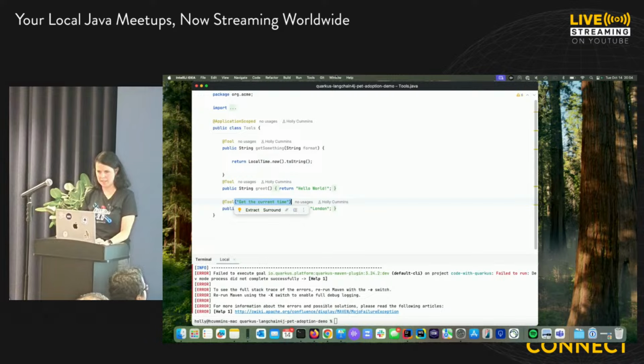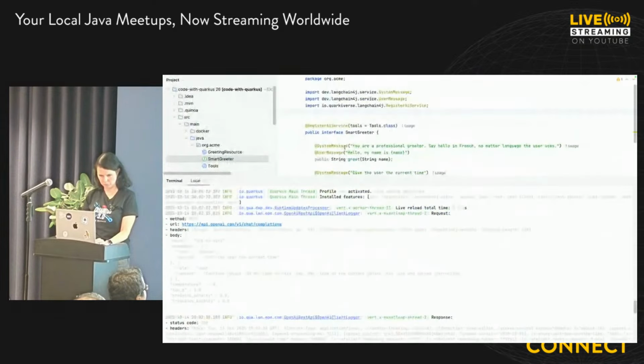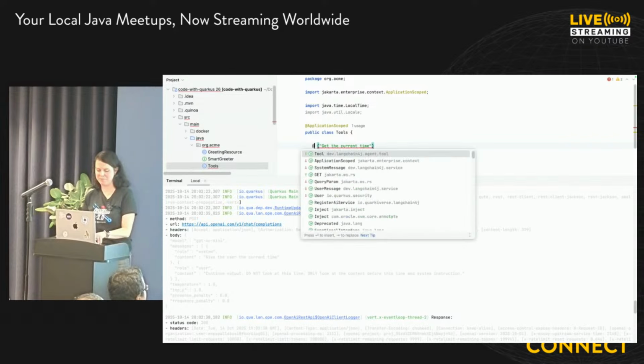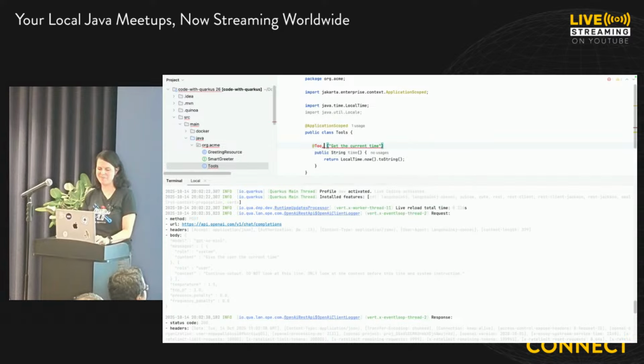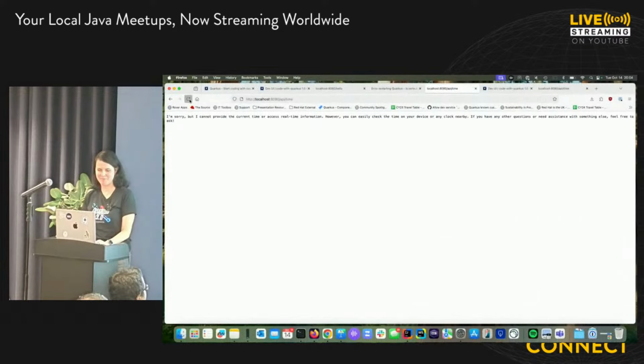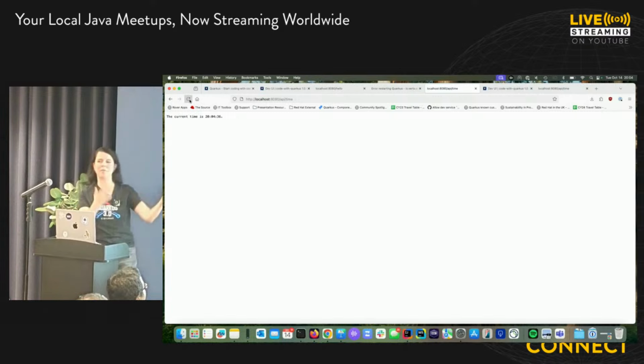No, let's go back and have a look. Oh, did I completely forget the tool annotation? Oh, I completely forgot the tool annotation. Thank you. Yeah, so you don't need the description. Obviously, sometimes it's useful, but it will figure it out. But with that, it will now say, hey, I've got some tools for you. Now, it can give me the current time. So obviously this was a very complicated way when I could have just called the method, but we can start